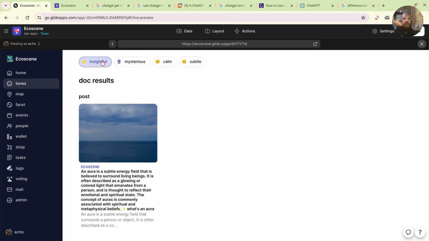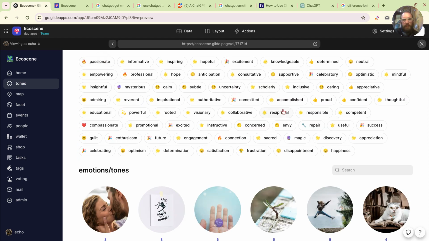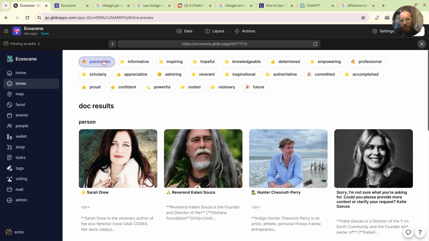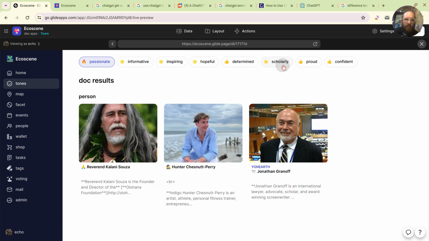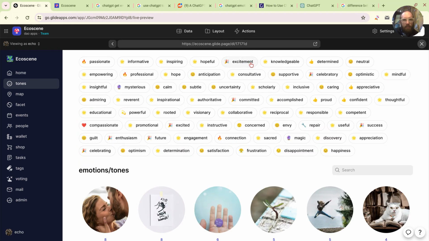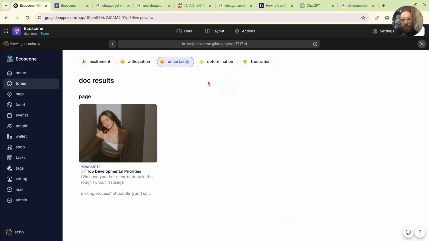This system only has a couple of dozen tones in here in relationships, but what is passionate related to? Informative, inspiring, admiring, reverent, inspirational, authoritative, committed, future. Okay, so it's just a question of how accurate are the relationships, but technically speaking, they're 100% accurate. Like uncertainty, anticipation, determination, frustration. It's objectively